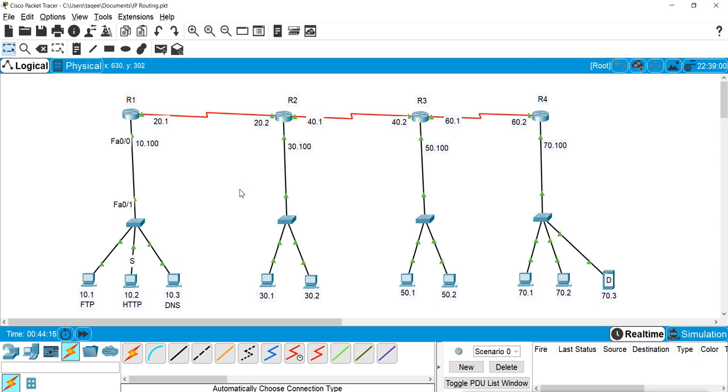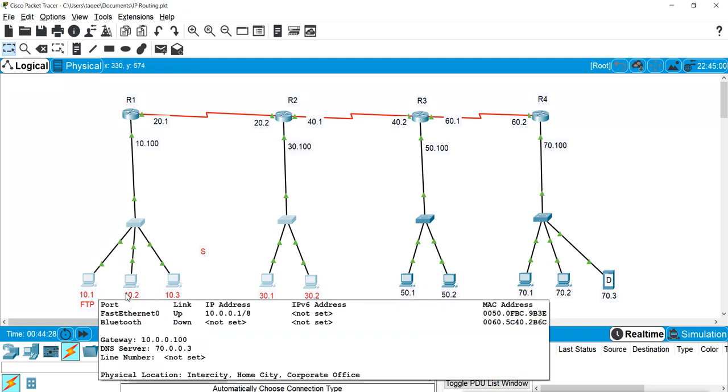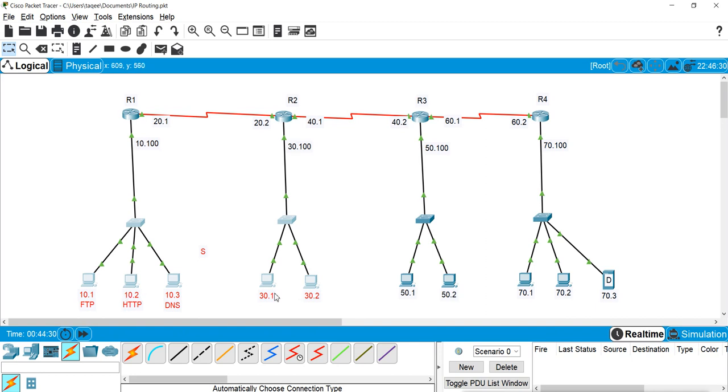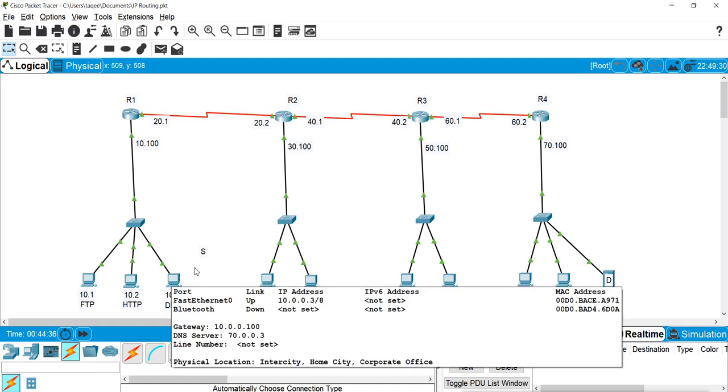Now for example, if I want to create a single list where I want to mention the hosts of this 10.0.0 network and the hosts of 30.0.0 network, in this case these two networks will become our hosts.